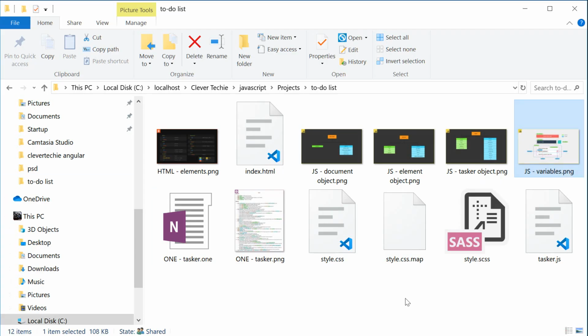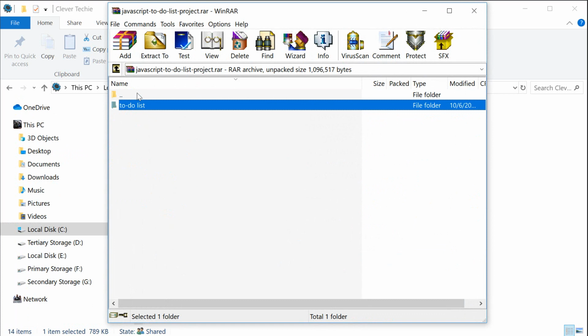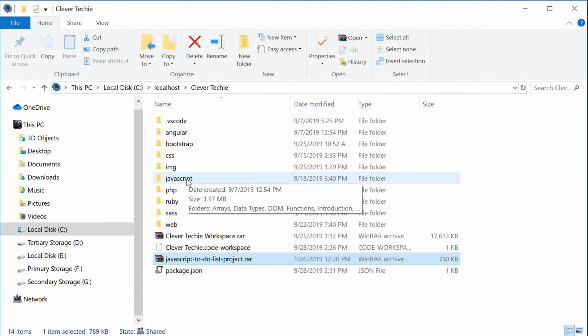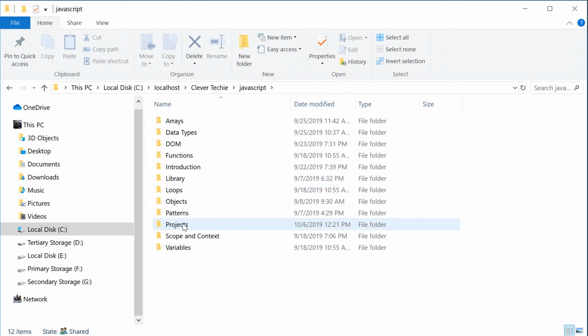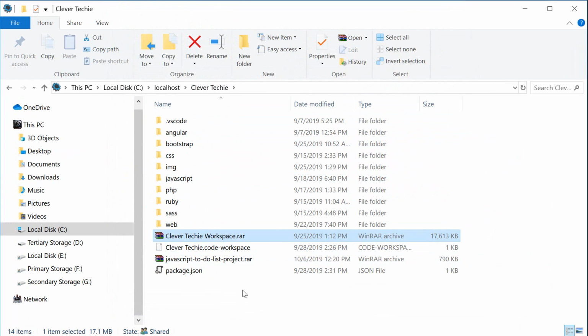The first step is to download all the files that are included with this video. And you guys can either download a file called JavaScript to-do list project.rar, which will have just this project's files, which you can then extract inside of the existing Clever Techie's workspace, JavaScript projects folder. Or you can just download Clever Techie workspace, which will have all the updates, including all of this new project's